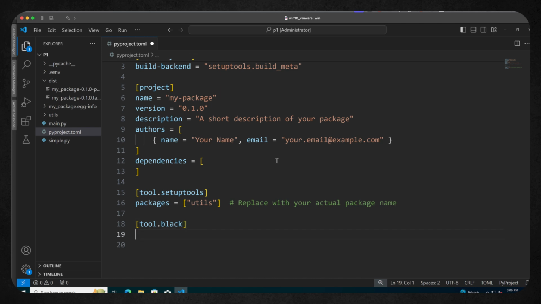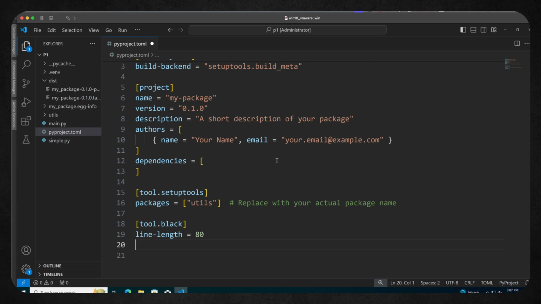As we start putting our settings in, we can go through and specify, let's say, our line length. This is just showing me the default line length of 88 characters. Anything longer than that, black will try and put across multiple lines. I generally use 80 characters, so I can add that in, and having this setting in all of my projects will ensure that I have that consistency that we're really looking for.